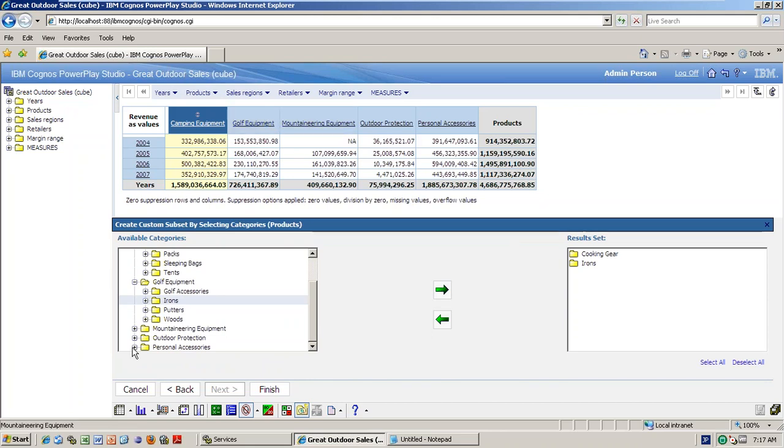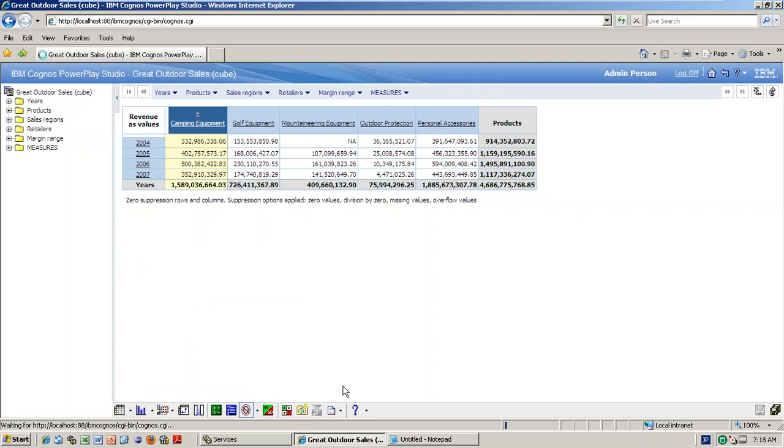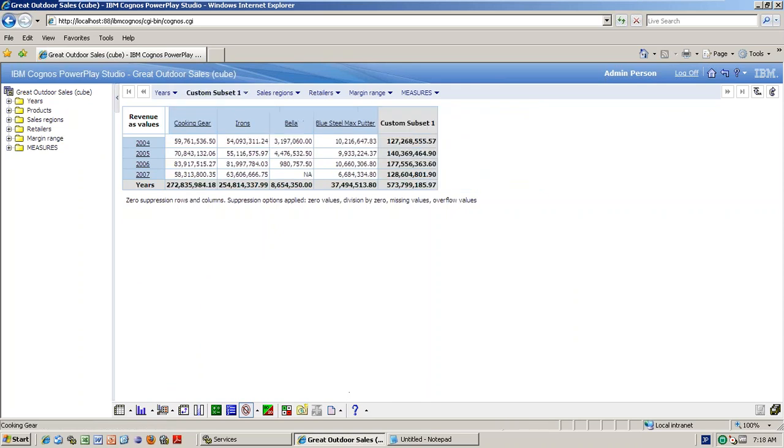See, in the personal accessories, I can go inside the eyewear also, and any one of the products I can select. Okay, like this, and finish. So now I have created a subset. See, only those values are taken here.